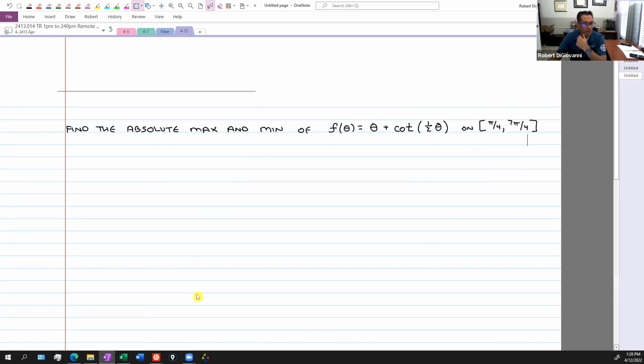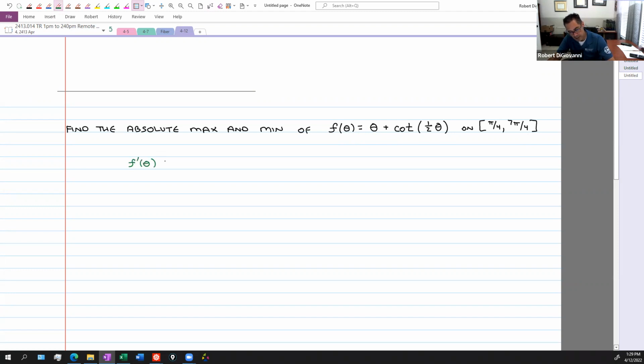I thought I'd do something with trig, because that always gets people. So find the absolute maximum of this function on this interval. So we've got f of theta. I switched up the variable. I used theta instead of x. Okay, big deal. We're going to just take the derivative, right? So derivative of this,